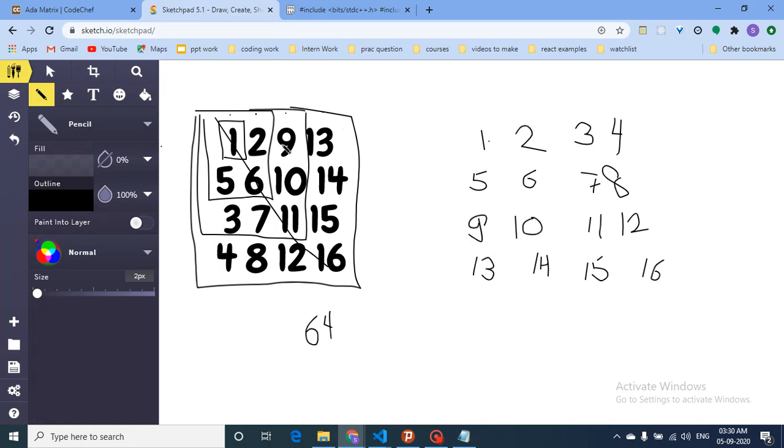Okay, first if we match this initial matrix to the final matrix which we want to reach, first check what are the positions which are not correct. So first is correct, second is okay, third is not correct, fourth is not correct, then okay, this is not correct, this is not correct, this is not correct, this is correct, this is not correct, this is not correct, this is not correct, this is not correct.